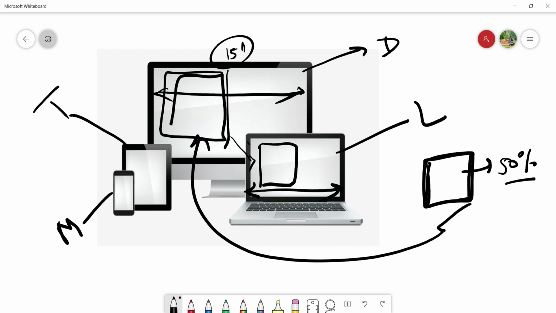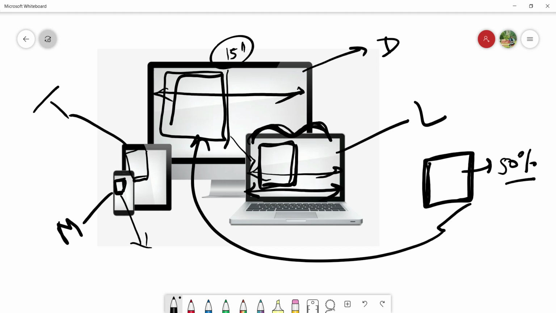It is just working on the space that is provided on the screen. If this screen is 100%, then this div will take 50% of the total. So in the mobile case this is the 50%, and in tablet this is the 50%. But if you are using pixels, the width may differ.